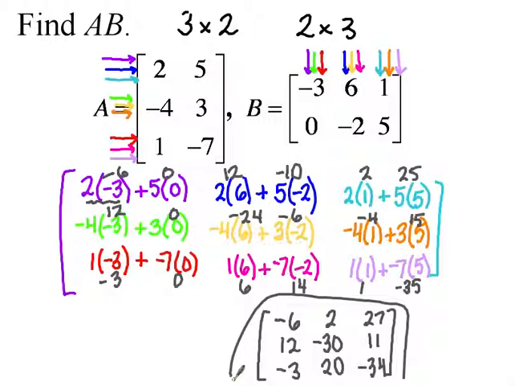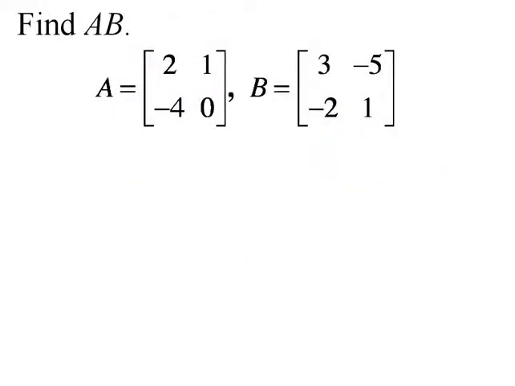Okay. So we're going to go ahead and look at another one. So, what do you get? 2 by 2? 2 by 2. So it is a 2 by 2. Okay, so on this one, I'm going to show you what I meant about a shortcut. Well, I don't want to say a shortcut, but